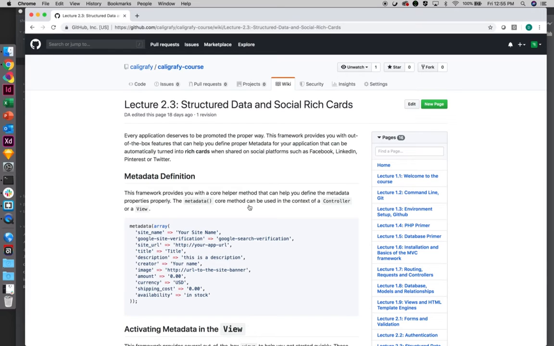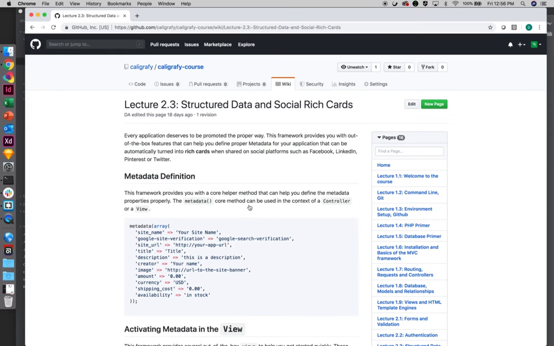Now, when we talk about structured data, or social rich cards, the best way to explain to you what this is about is really to show you how it would look live in action. When we implement the code ourselves, since we are working on a local environment and not in a space that has a public accessible IP, such as a public website, it's not going to be easy to show you the result of the code itself. So the way I'm going to handle this session is to go a little bit the other way around. I'm going to show you at least what the outcome is going to be, and then I will show you how we could implement it